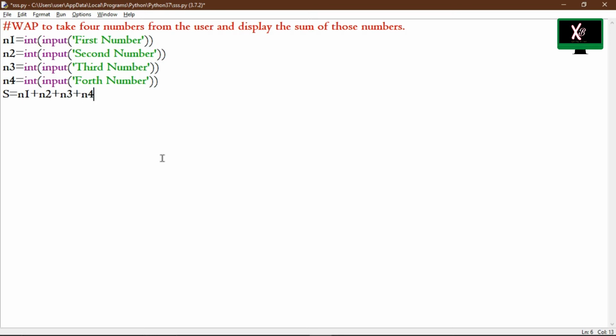Okay, once I have done that, what I'm going to do is the final output print. I will write a text like that, and then I have to print the variable s. So after this string I'm going to put a comma and capital S. The reason I'm putting comma here is because I am going to separate two data types, or you can call them data values. Time to run the program: